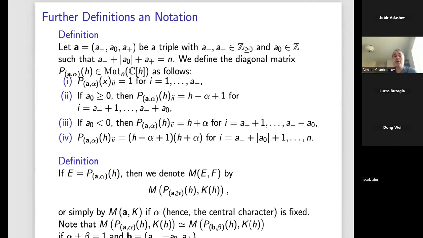So the most pleasant case will be if all have the same degree. And this is the case when it is a scalar matrix. And this will be called a scalar free module. And these are the modules we completely understand. If we have different degrees, if more than one of these is non-zero, then we still have open questions. I mean, essentially the simplest question remains open.